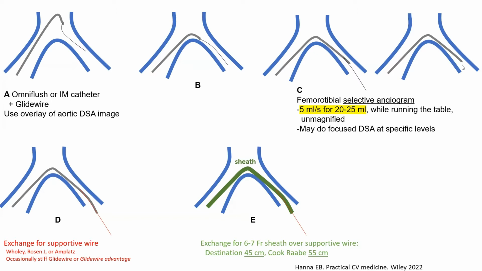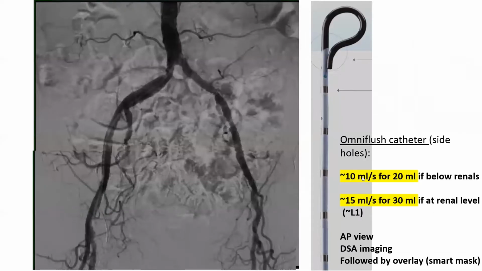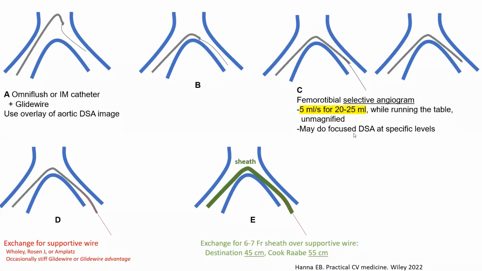Then I'm going to do my imaging of that left lower extremity, a femoral-tibial runoff through that OmniFlush. And the way I do it, I inject, remember here, you're filling the aorta earlier on. You need a bigger volume and a bigger pace of contrast to fill that aorta. You're filling the lower extremity, you need a slower pace, and the total volume depends on the height of the patient and how much you expect his vessels to be large and how much you need to fill that lower extremity compartment. Typical number is 5 milliliter per second for a total of 20 to 25 milliliter in your injection